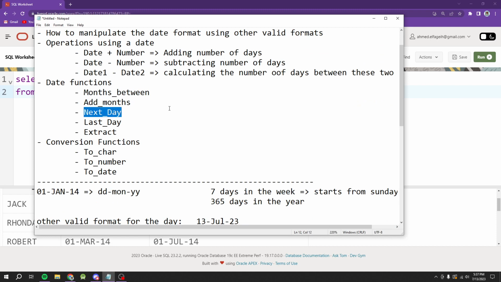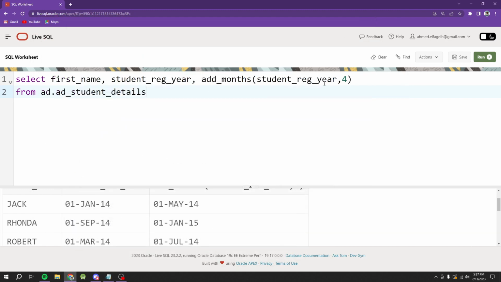Next day, it will give you the date of the next day of the week that you want to specify. Let me have it right here and show you how that will be done. Next day again will have two parameters. The first parameter is the date that you want to, or the attribute that you want to manipulate, which is student_registration_year. And then here it will give you the date of,